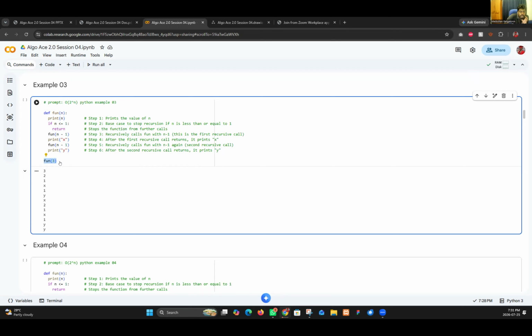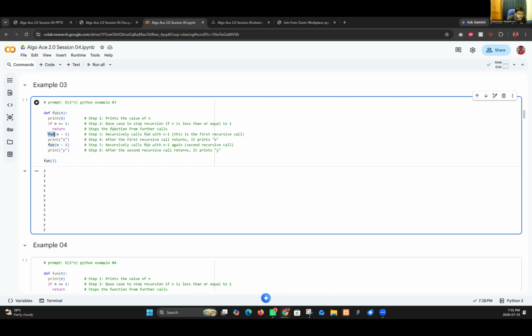The function will be called, fun3. So the 3 will go into this, and definitely it prints 3. Then it checks n less than or equal to 1, so definitely it will return. Now what happened? Fun of n minus 1 is calling. So what do you think the output will be?